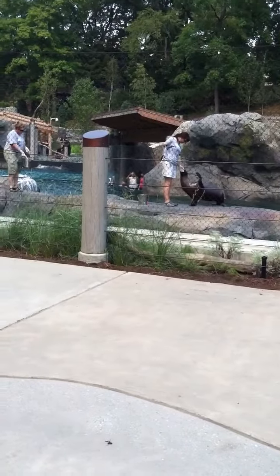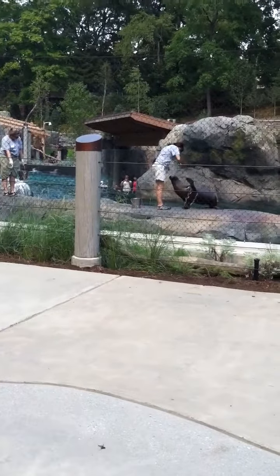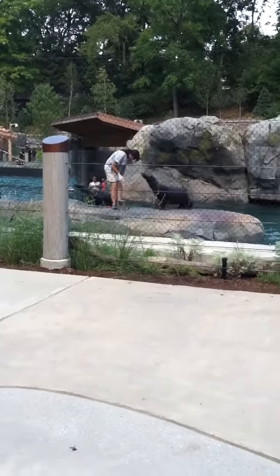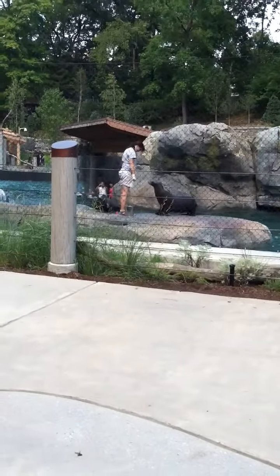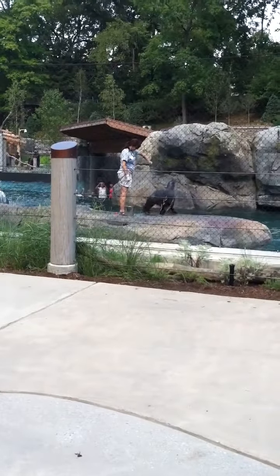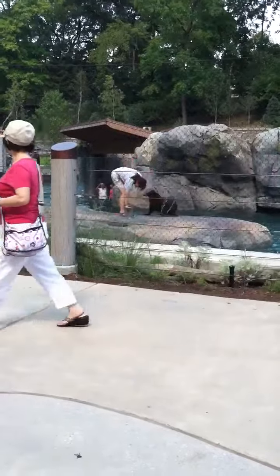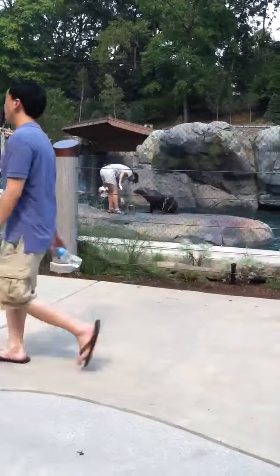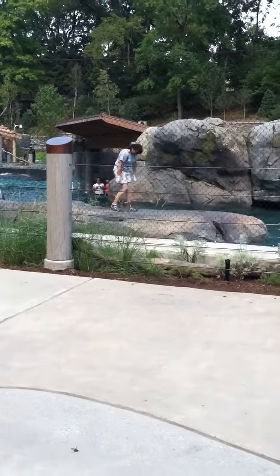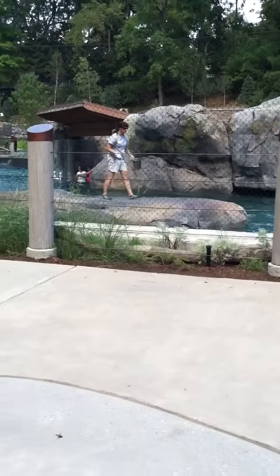Now look at that big, strong front flipper. That's how a sea lion gets around. They use those big front flippers to propel themselves through the water. It almost looks like they're flying when you're watching them through one of the underwater windows. Being sea lions, they also are able to rotate their rear flippers underneath their body and support their weight. So as you saw her give that little gallop across the